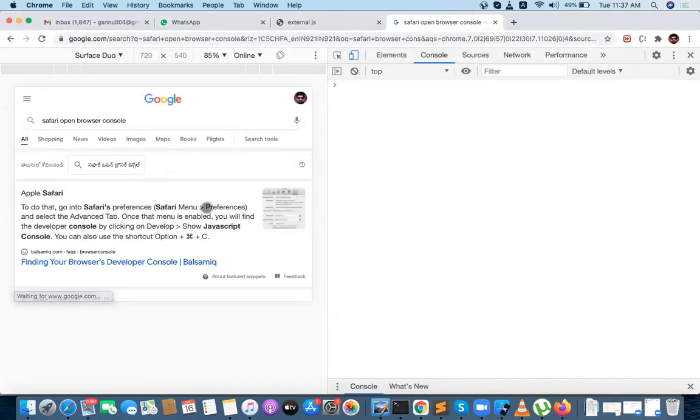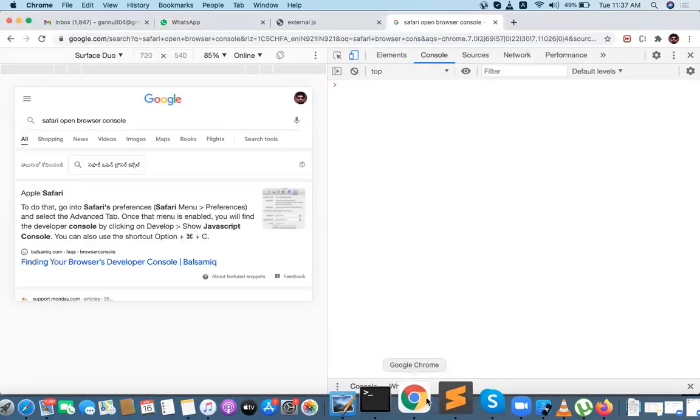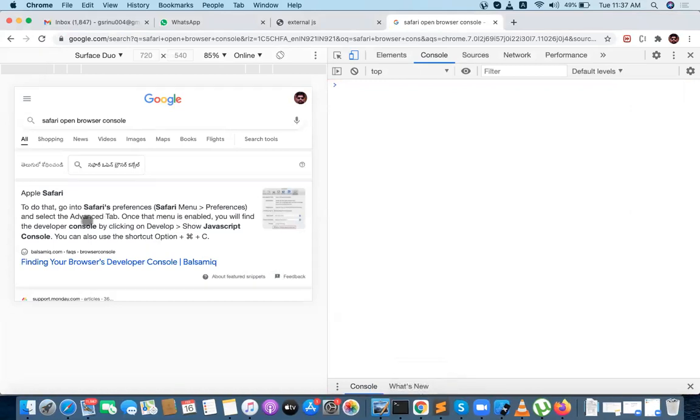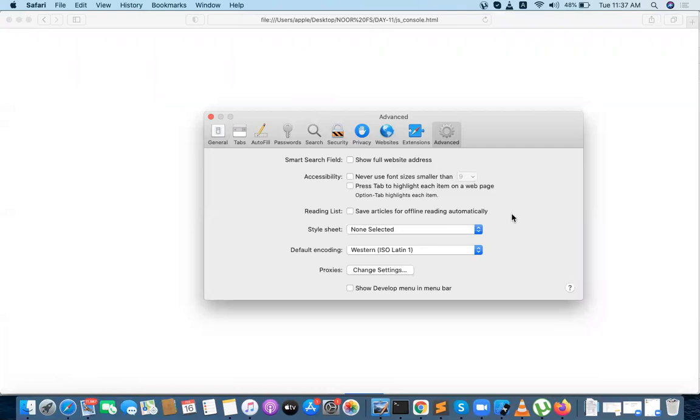Okay, go to Safari preferences. After preferences, in the advanced tab, you will find the developer console. Yeah, it's here.